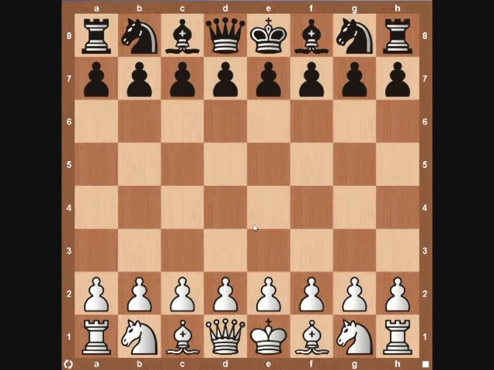Today we're going to be going over the Traxler counterattack, which is one of my favorite defenses from black. It is one of the most aggressive openings that you can play as black. You often won't get an opportunity to play it, but if you do have an opponent that really enjoys the Italian game, which is pretty much what it comes from, then you will have more opportunities than not to try